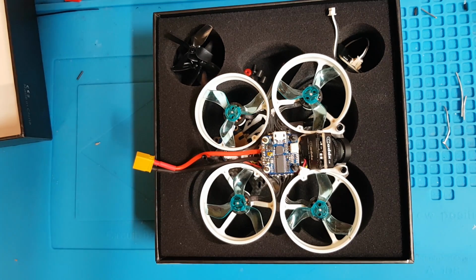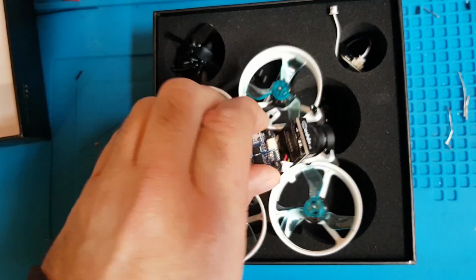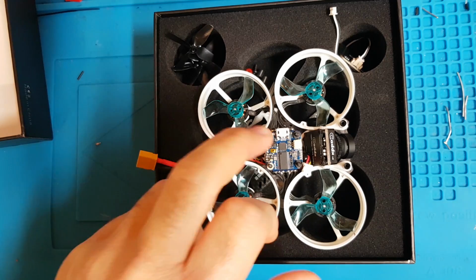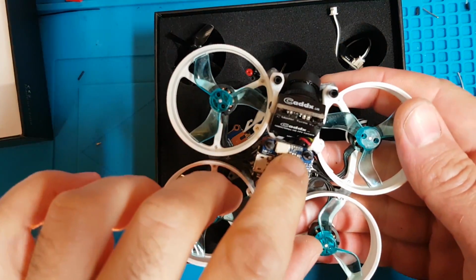I was getting no stick controls in Betaflight, and then I messed around, and either it was like that initially, or I suspect it's my fault because I was using too hot a soldering temperature. I lifted the pad on the only UART which is exposed on this little tiny flight controller, which pretty much puts paid to that, and I've since removed the little connector